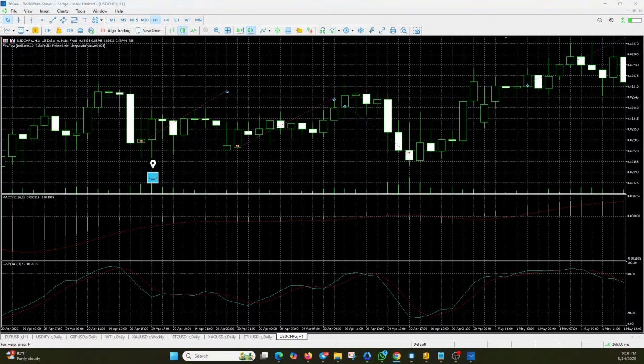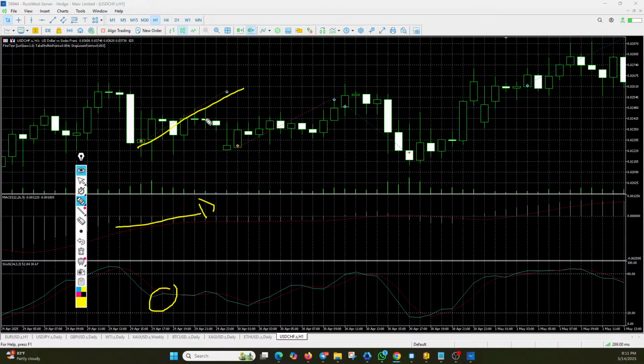Where's my pen? Let me just bring up my pen again. So we instructed our EA last week to take trades in the direction of MACD, whenever you have a crossover that is in the direction of the MACD. So if we look at our chart, it opened a buy here because MACD is going up and there was a bullish crossover, so it opened a buy, which